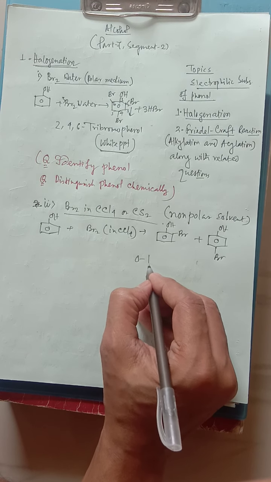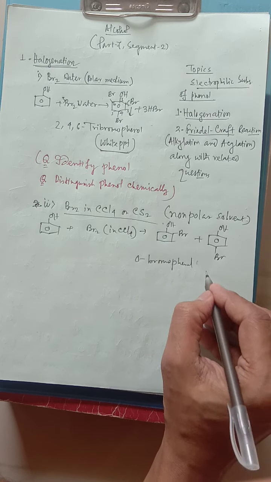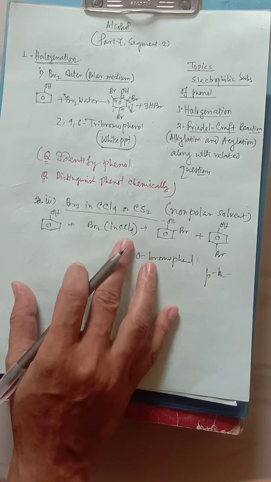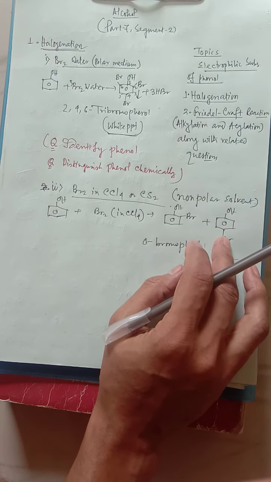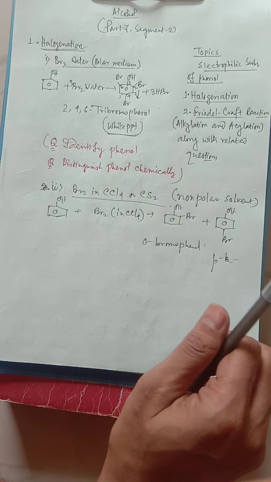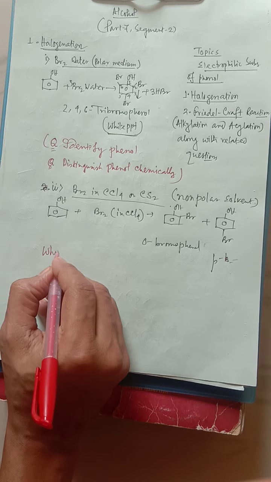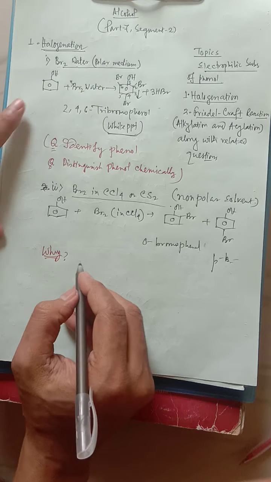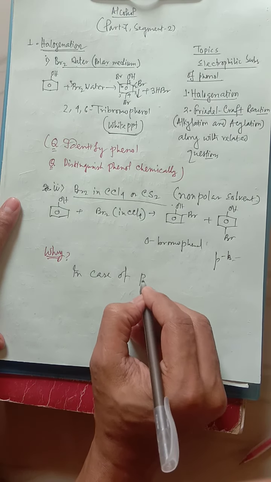It is ortho-bromophenol, whereas this is para-bromophenol. I am not writing the total name. It is the para isomer, it is the ortho isomer. So whenever it is a non-polar medium, this will be the effect. Mono-substituted product here, tri-substituted product there. Now the question may arise, why does this happen, why is it so? If we try to explain why it is so, I am writing over here, in case of polar medium,